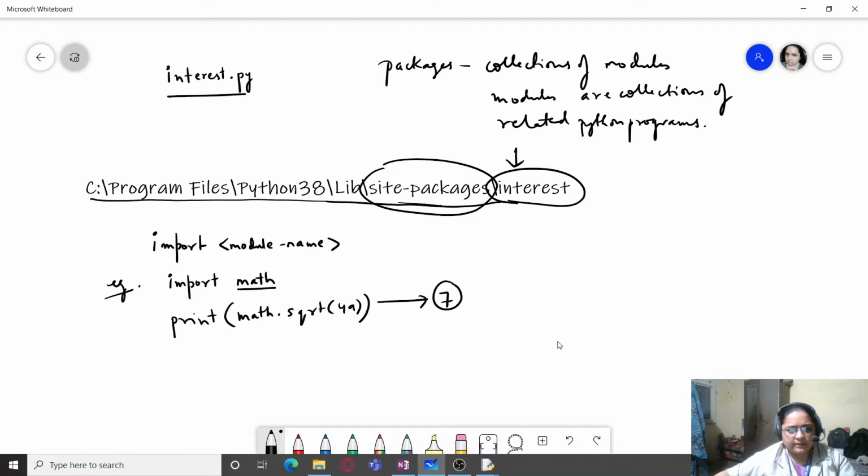But I have to qualify this square root function using the module name, that is math, and a period or a dot sign after that. So usually it is like this: module name dot member.